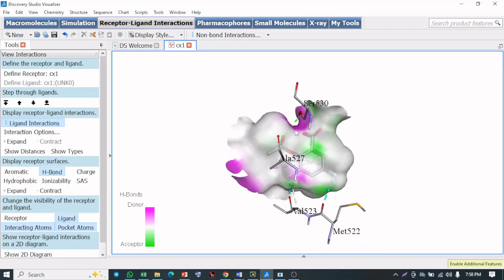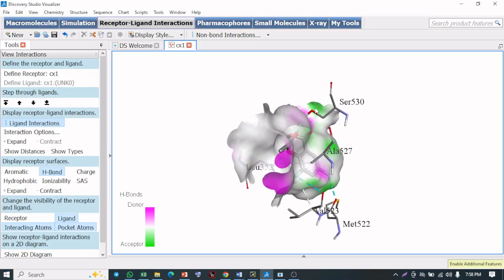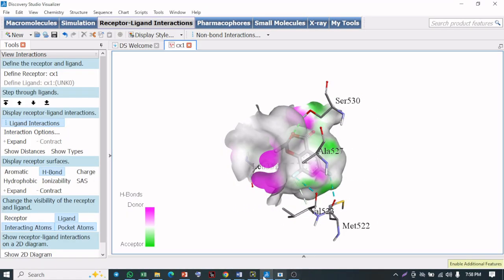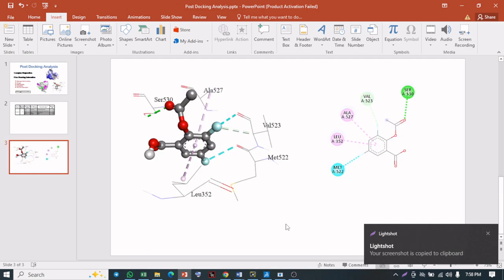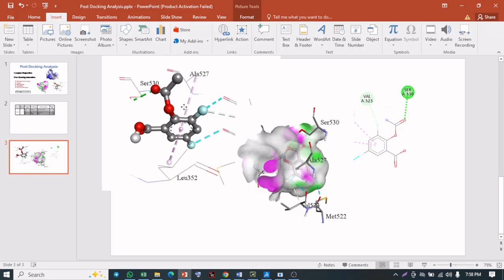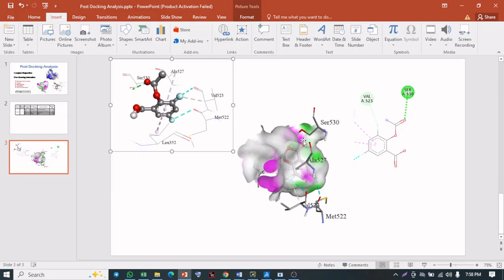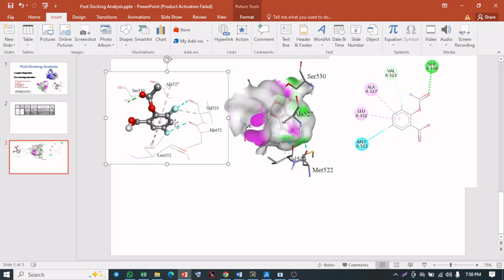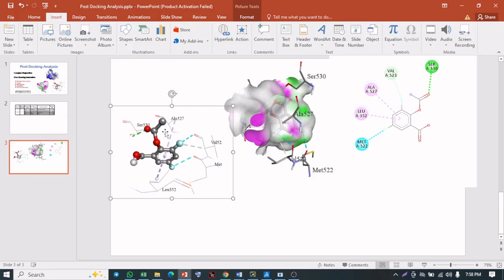These positions are more hydrogen bond donor, and these are the acceptor positions. So with the screenshot app, you can take a screenshot and represent these values in the PowerPoint. When you take a screenshot,